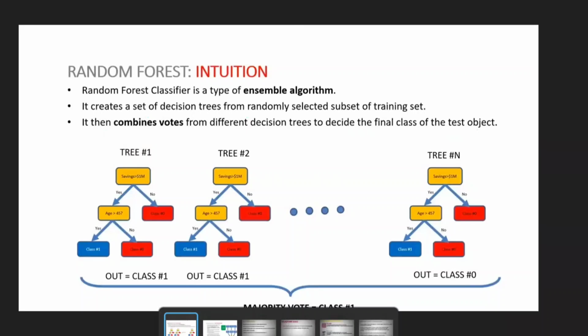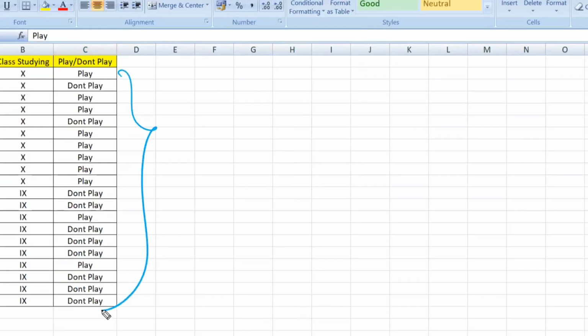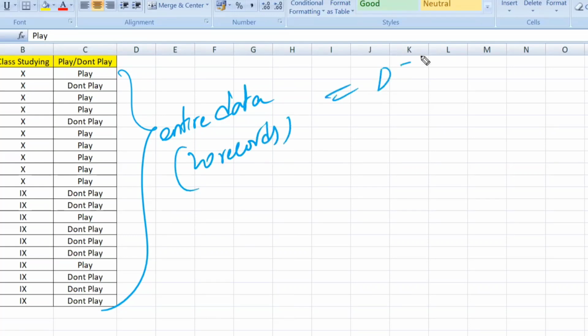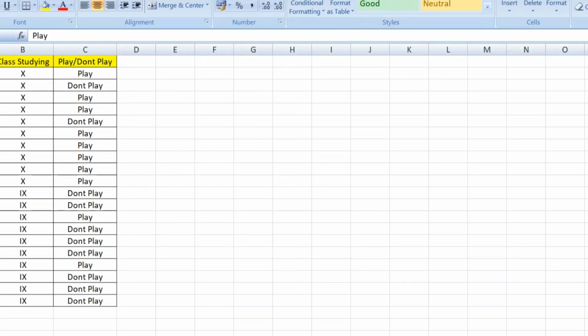For example, if you remember, in the last class, whatever I have done, the entire data, all the records, 20 records, you are using, and you are creating the decision tree. That is the one we saw in the last class. Using all 20 records and all the columns, we created it. Now, what happens in random forest is it is going to randomly select a subset and create decision tree number 1. Randomly select for decision tree 2. Randomly select for decision tree 3, 4. Assume there are 4 decision trees, or 5. 5 decision trees are there.